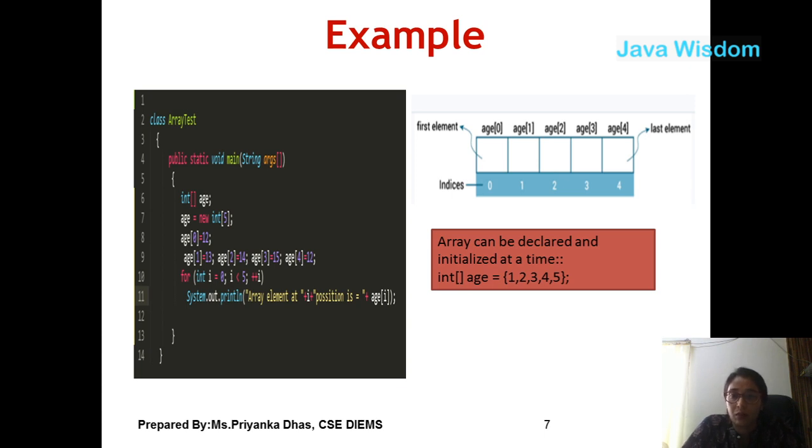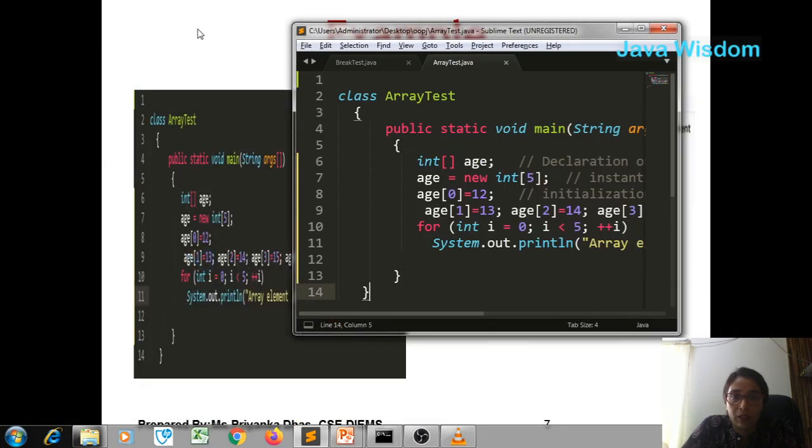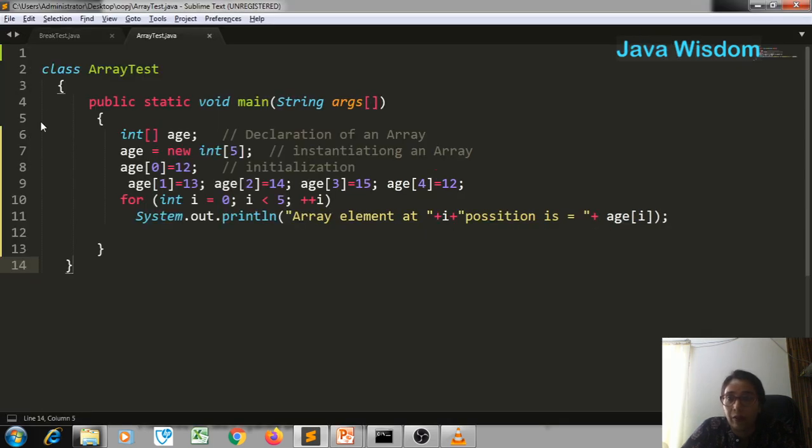The same concept we will see here. If you see, this is the declaration of an array, instantiating of an array and initializing of an array, and after that I am executing the program.